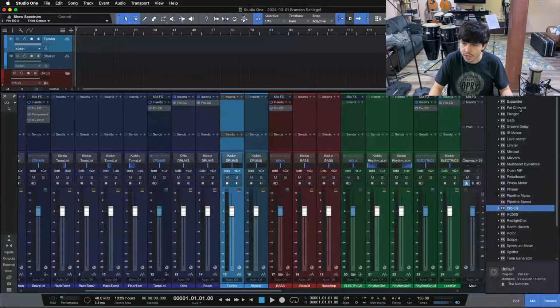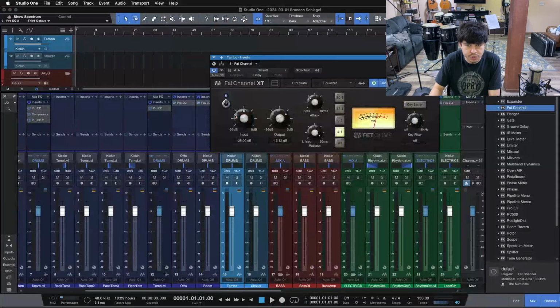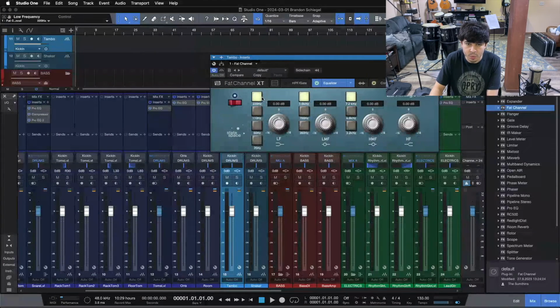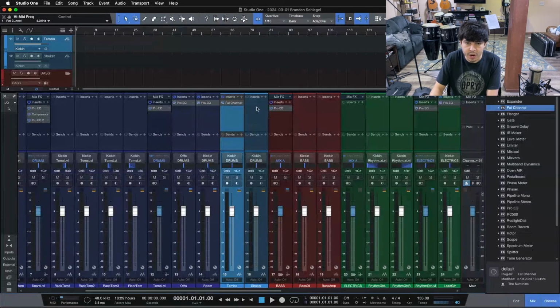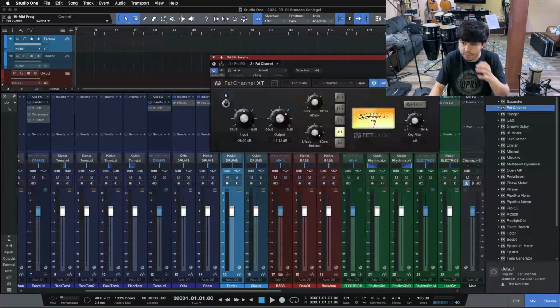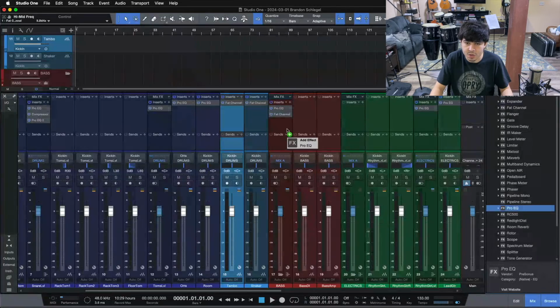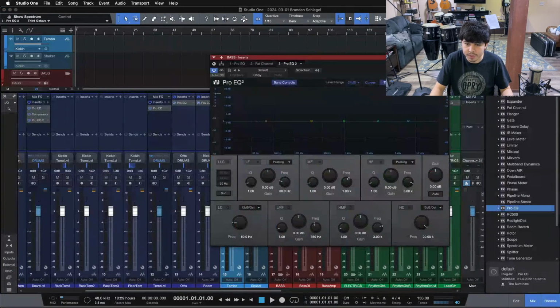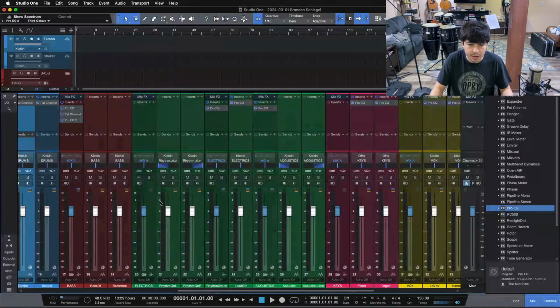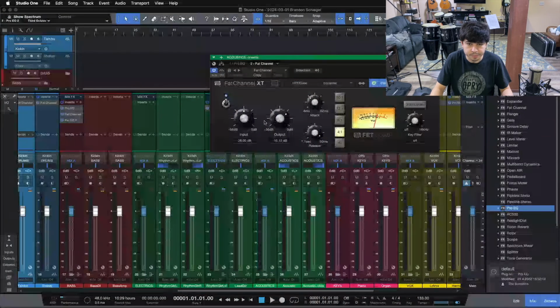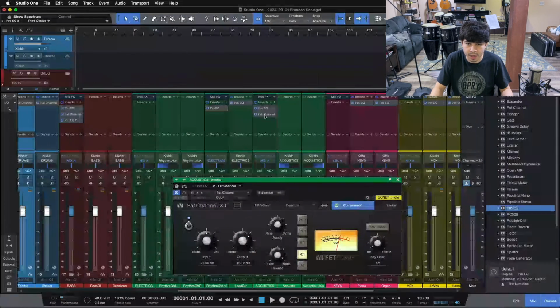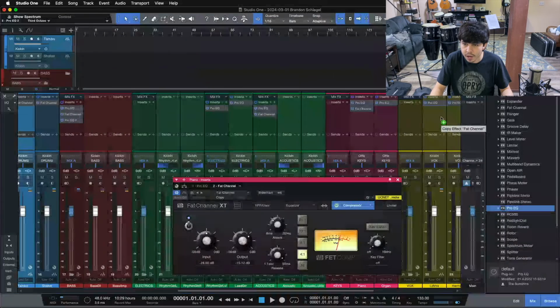For tambourine and shaker, I do actually use the same chain every time. So it's this compressor with this EQ. So we'll throw that in there, drag it over. Now on the bass, usually EQ, the 1176, and then another EQ afterwards. And that same 1176, I can put on the acoustics, I can put on the piano, and I can put on both